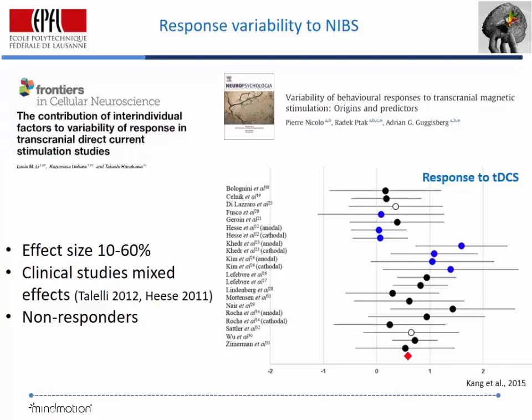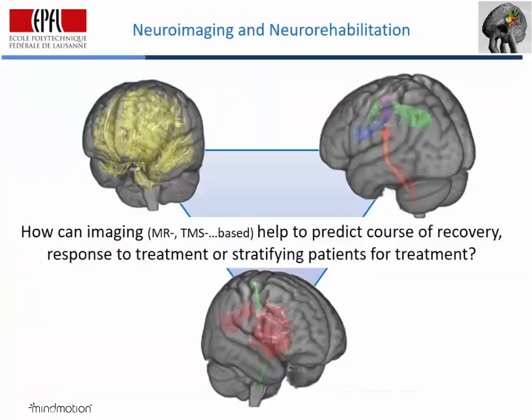So there will be different means of addressing this issue of stratifying patients into different groups, and I want to give you a glance at one part of it, which is based on structural neuroimaging. However, you can also imagine other ways, and in the end we will have a kind of multimodal battery which we have to use to stratify the patient, but I want to give you a short glance at one